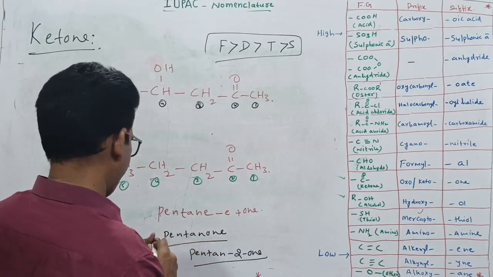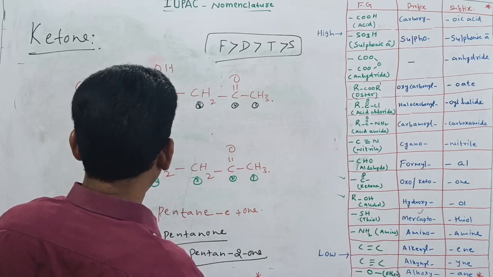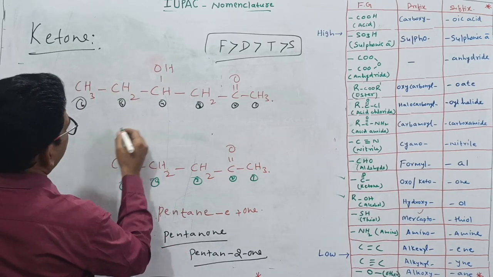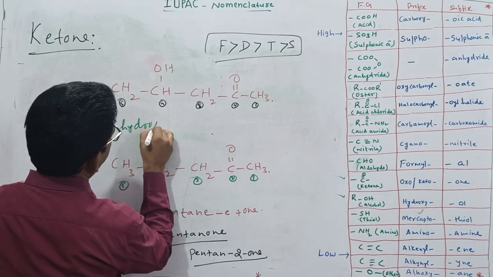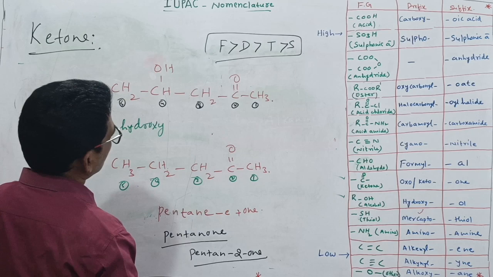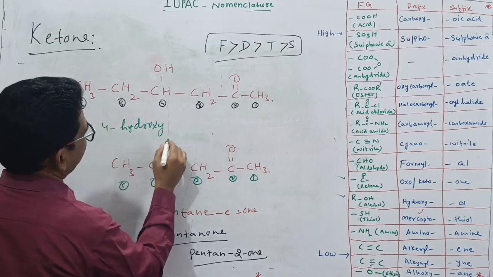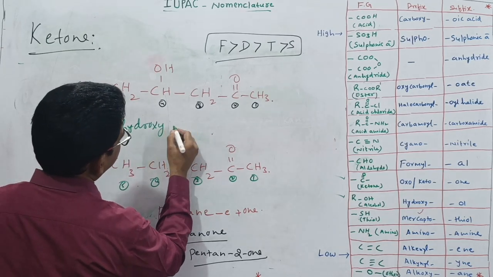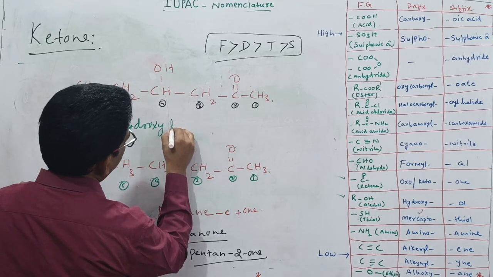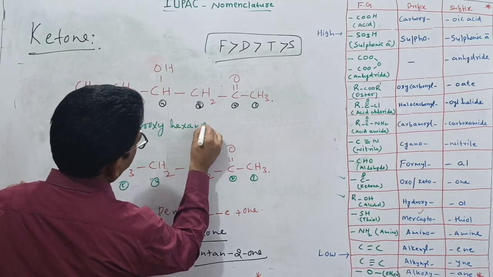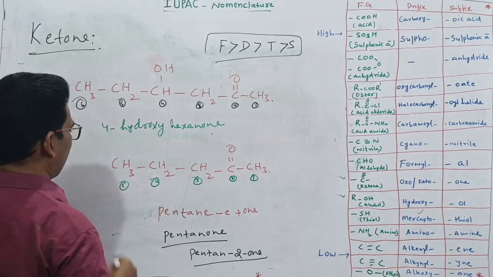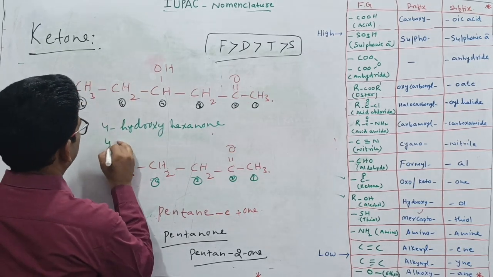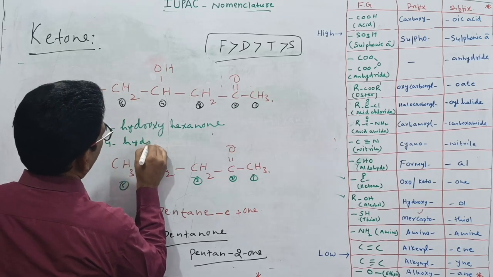Then first the prefix we will write, which position hydroxy is there: 4-hydroxy. What is the word root, how many carbons are there? 6, that's why hexanone, hexane minus e plus on, hexanone, or 4-hydroxy